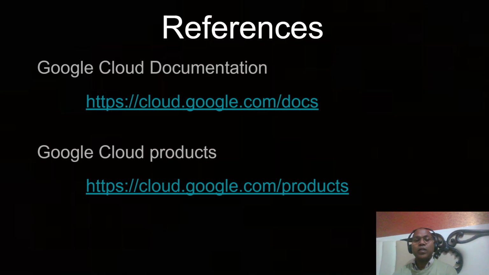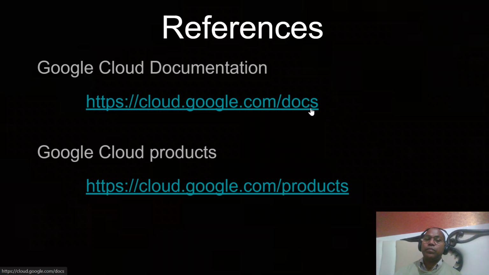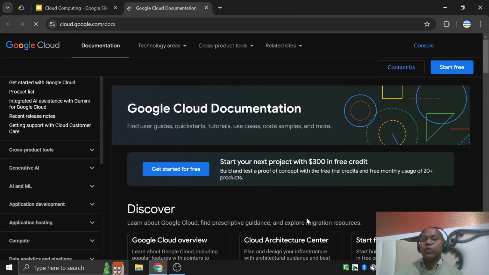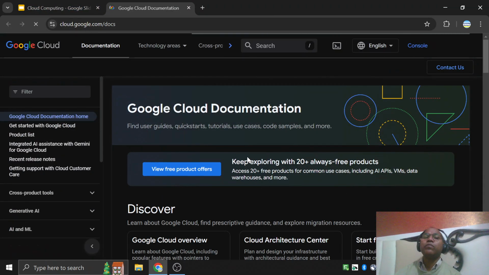If you want to understand the details about GCP, a good option is to refer to the Google Cloud Documentation Center. Every piece of information, whatever I discussed, you can find here, because the final source of truth for GCP is the Google Cloud Documentation Center. Whatever I am speaking, maybe I am wrong. Maybe some information can be updated later. Maybe you are watching today, but some days later some information may be updated by Google Cloud.